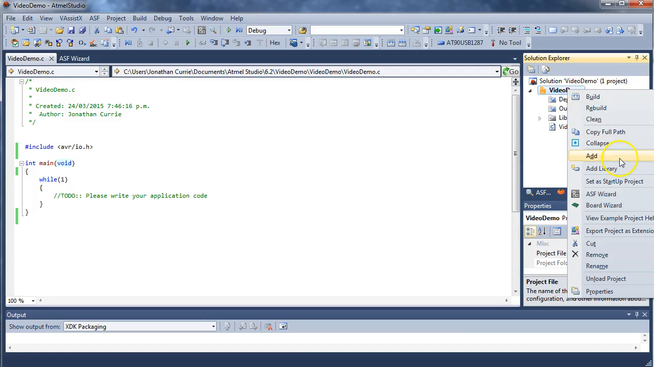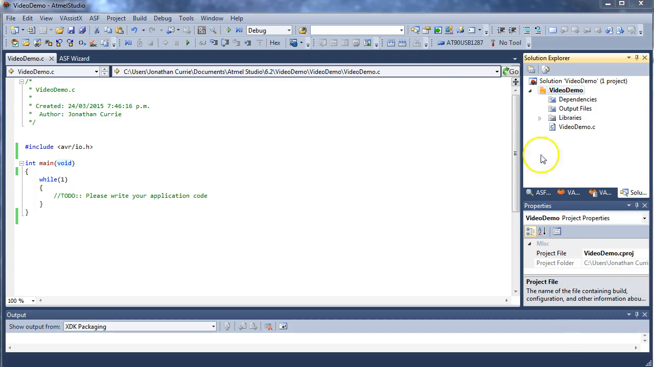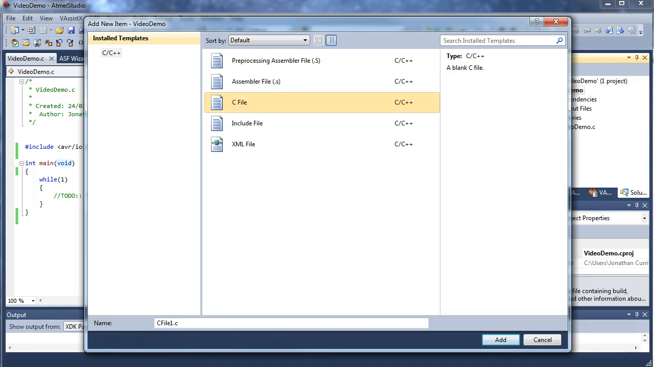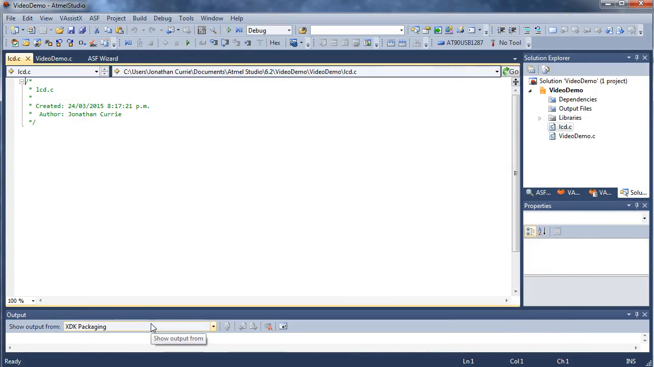So right clicking the project, add new item, which unfortunately you can't see, but add new item off the side of the screen, and we're going to add a C file. Let's call this LCD. So this is our LCD source file. And within this one we might have void setup LCD, for example. I'm not going to pass anything to this particular one, but this function is going to do some tasks like initializing an